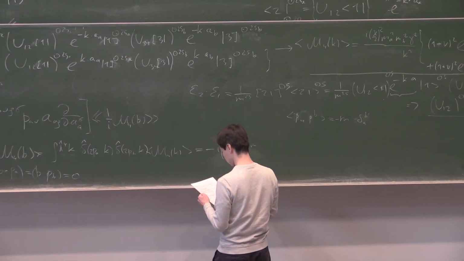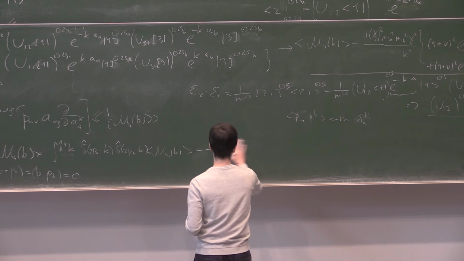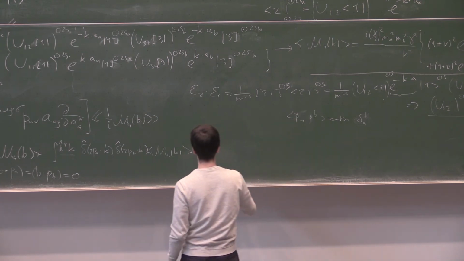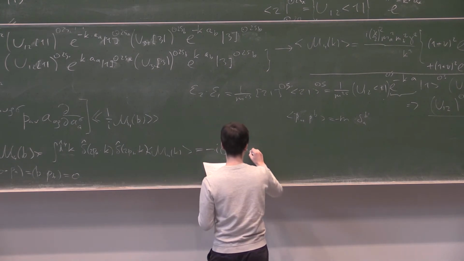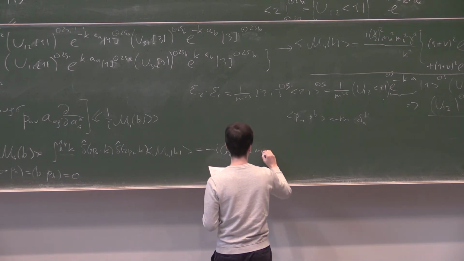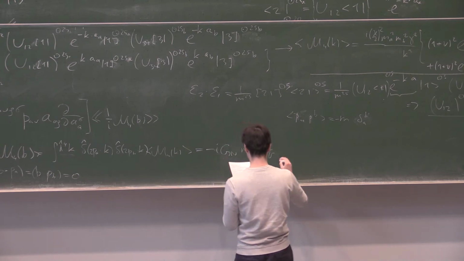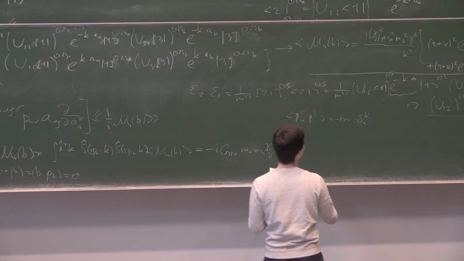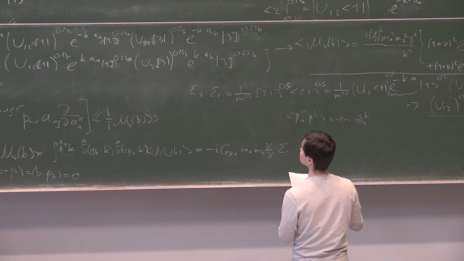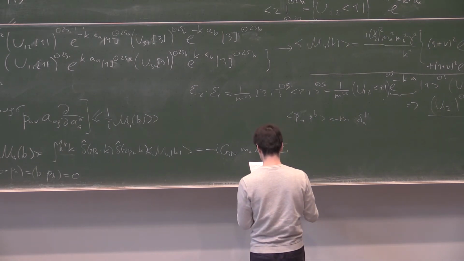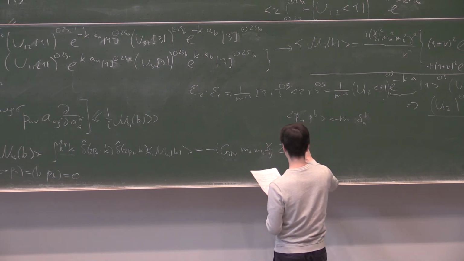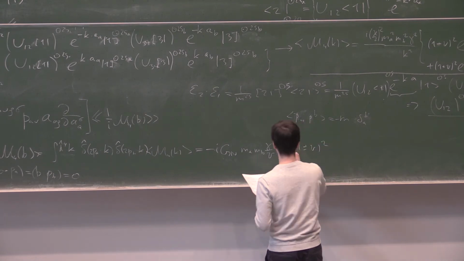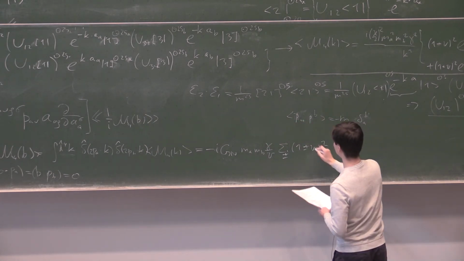I also trade kappa squared for my Newton constant, and I get it in something sensible. Yes, there are extra factors of gamma and v that give me that. So there's still a sum over two helicities,